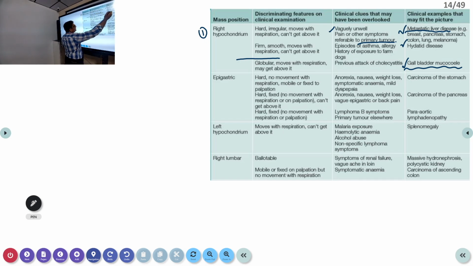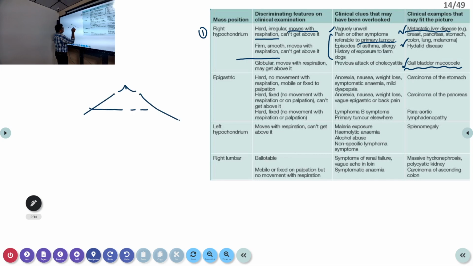So that is about the symptoms of a liver mass. Now, what about the clinical examination? When you are palpating the mass, what are the clinical examination findings in a liver mass? It moves with respiration. In any abdominal mass in the upper part of the abdomen, always look for whether it moves with respiration. What is the reason why it moves with respiration? Any structure which is attached to the diaphragm. The diaphragm is the structure there.